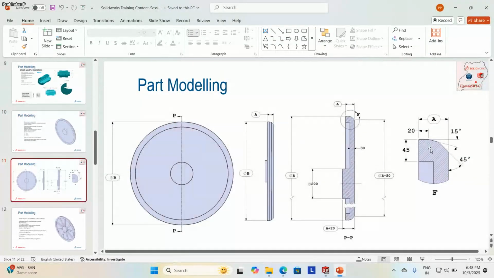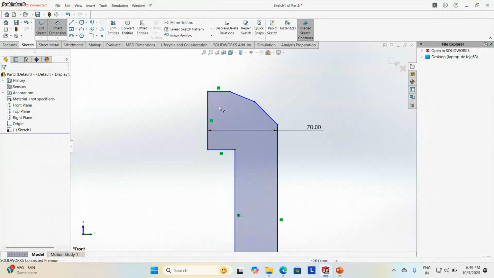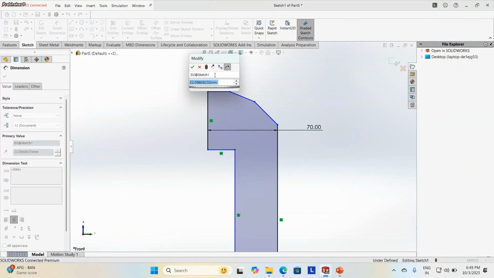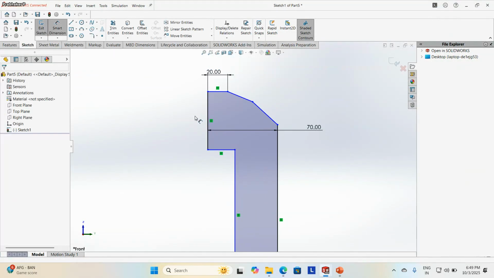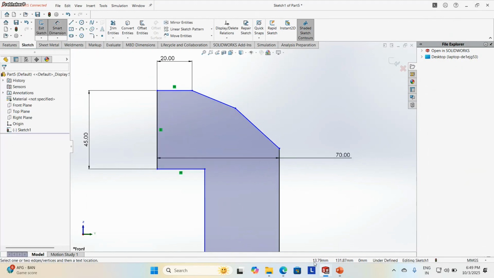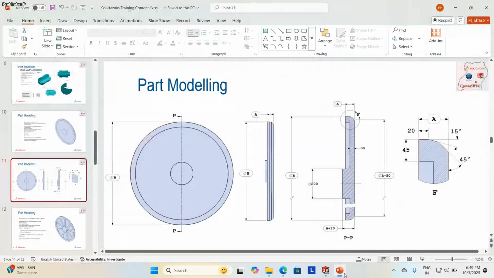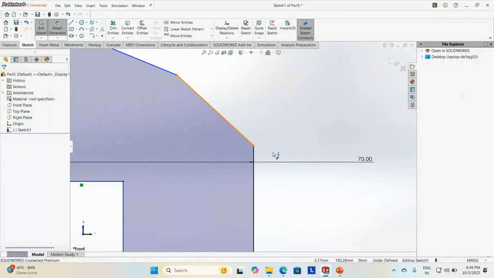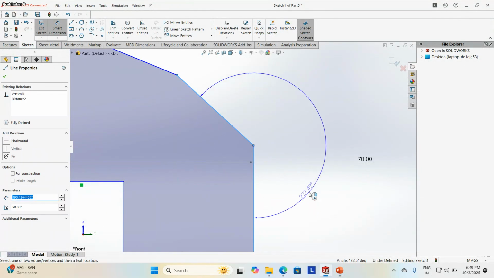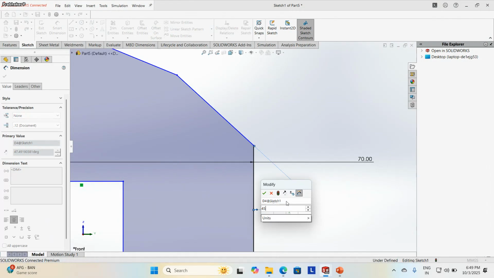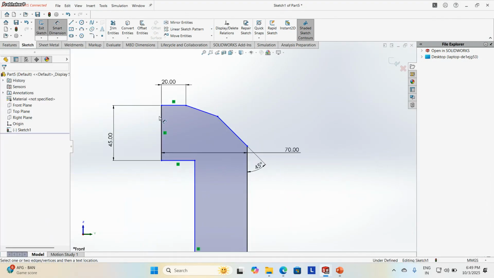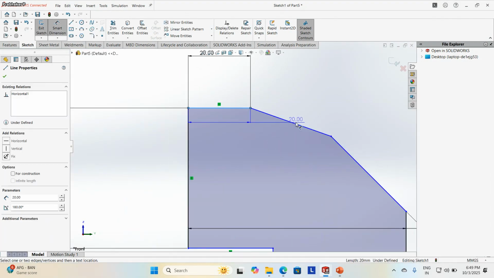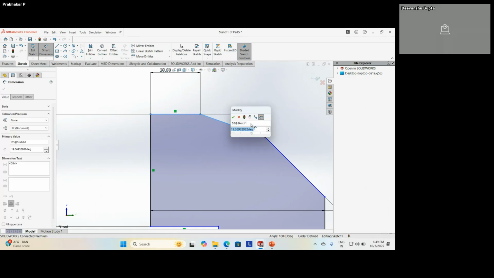Then the rest I have to provide from here: 20, 45, 45 degree, 15 degree. 20, and this is 45. This is 45 degree. This is 15 degree.